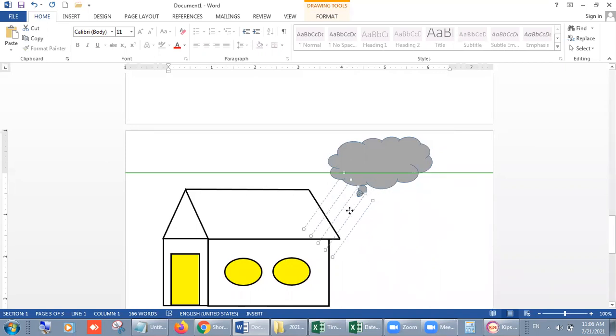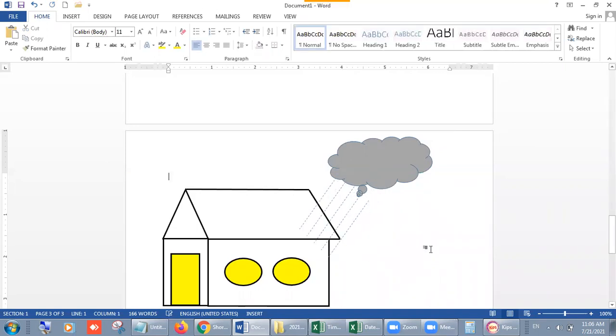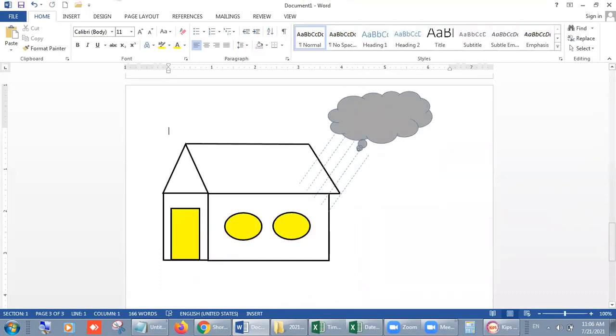And put them here. Look, you can make your drawing like this. I hope it will be looking almost the same, but you can do it better than it. Okay, you can use your own creativity, right, students?